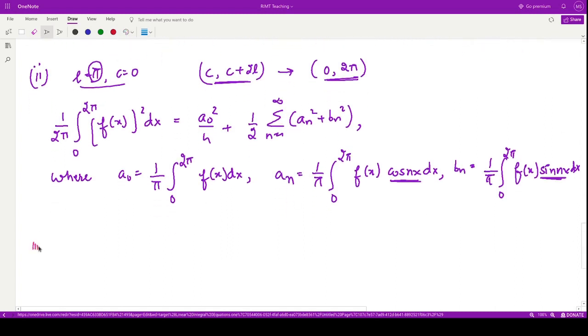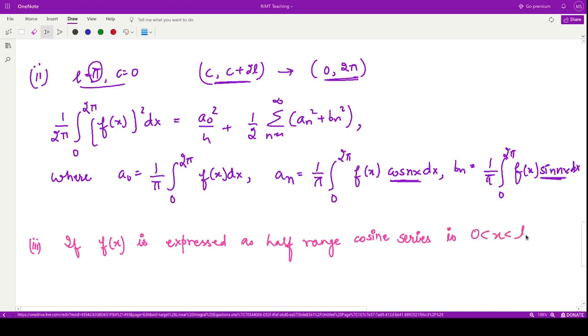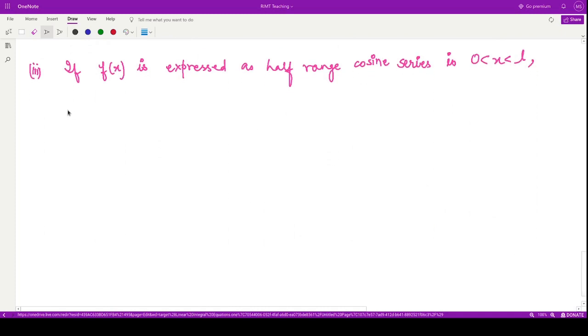Next we have the third case. In the third case we are given that f of x is expressed as a half range cosine series in the interval 0 to L. In that case your Parseval's identity reduces to f of x given by a naught by 2 plus summation n varies from 1 to infinity an cos n pi x upon L. So this is your Fourier series, right,